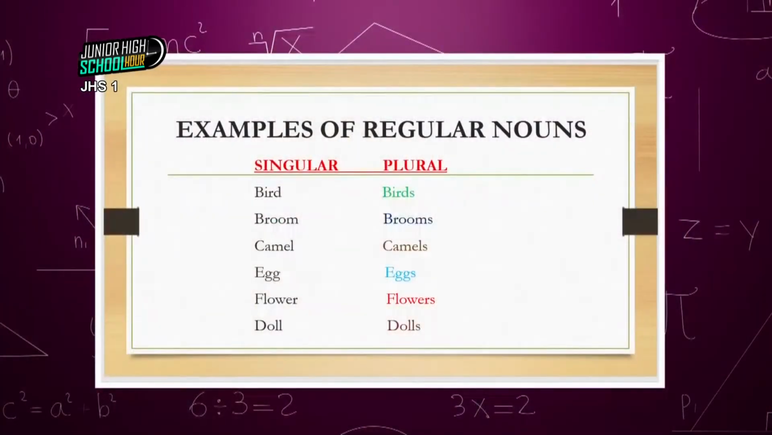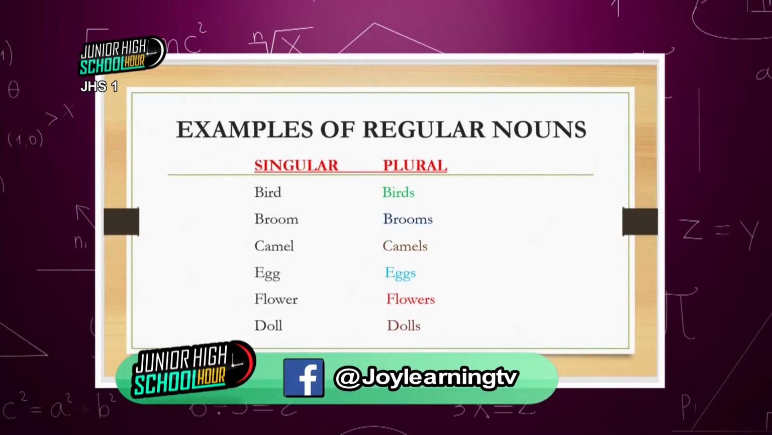Then I refreshed your memory again on regular nouns, singular and then plural. So we have bird and then plural, we have birds. That's quite simple. We have broom and then plural, we have brooms. Singular, we have camel, and then plural, we have camels. We have egg for singular and then eggs for plural. Flower for singular and then flowers for plural. We have doll for singular and of course dolls for plural. Okay, and then